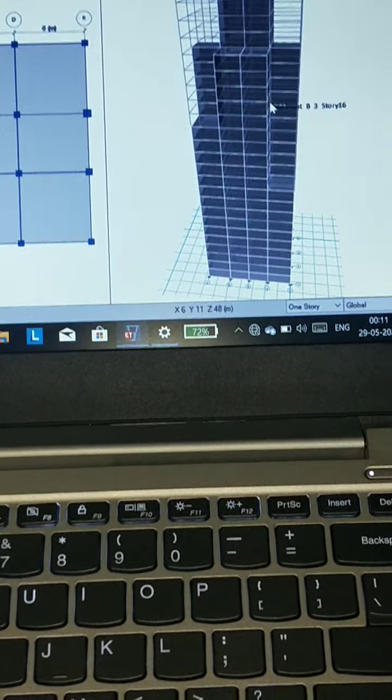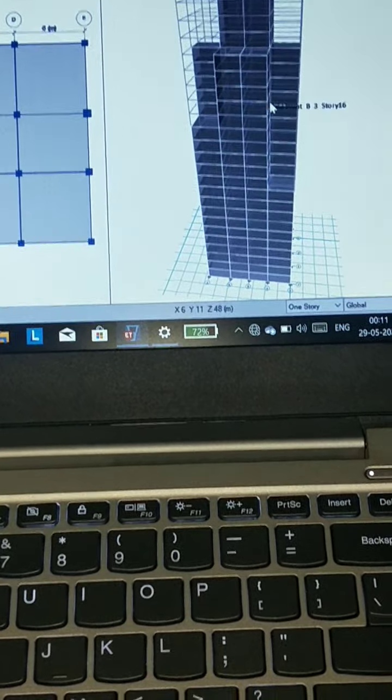In the define menu, I am going to show you the material properties. We have M40 grade of concrete, as you can see. Let me zoom in. M40 grade of concrete, and for steel bar we have HYSD 500, and it will be used for the longitudinal steel bar in the beam and column.